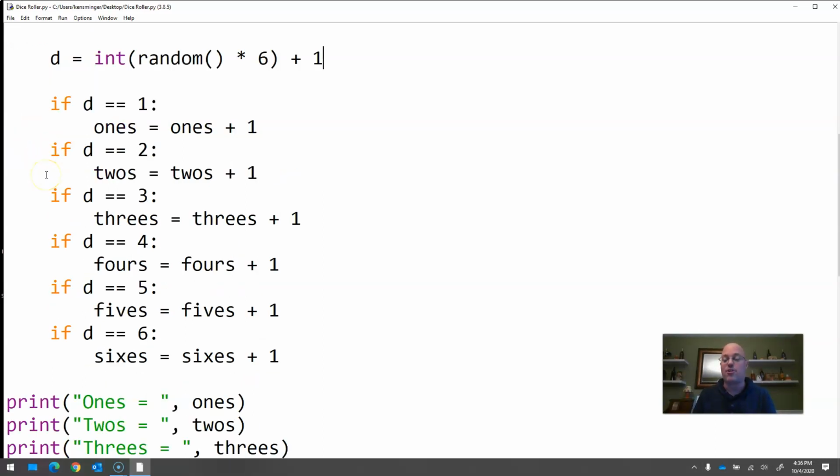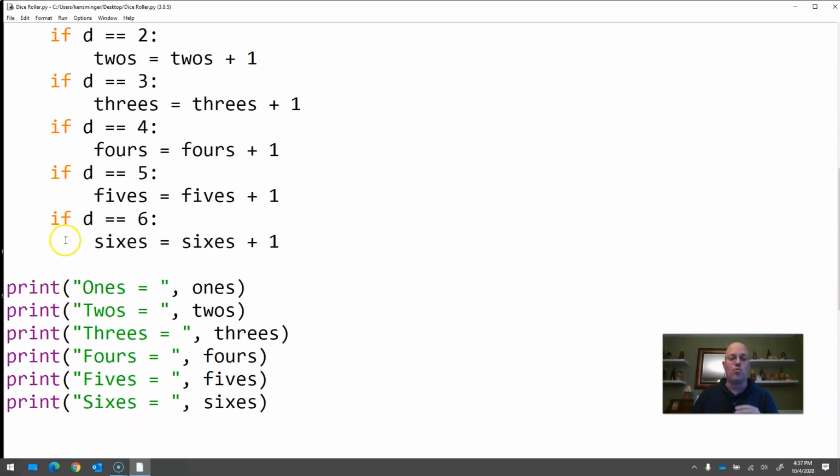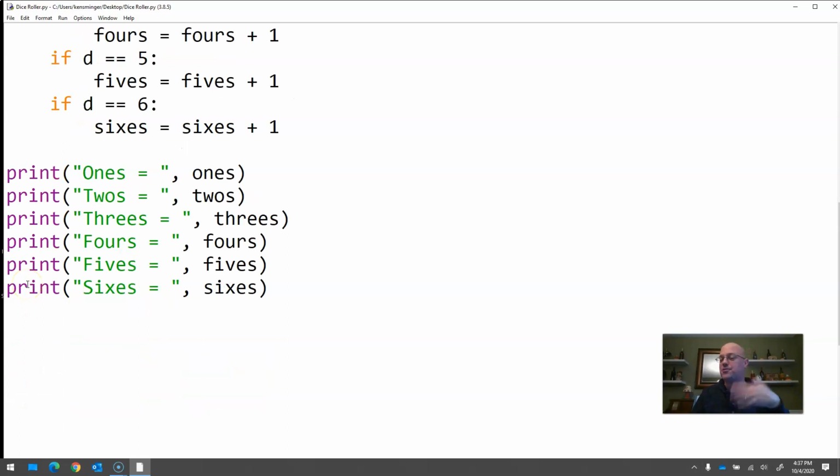And then you have 6 what are called if statements. You say, depending on what roll you got, 1, 2, 3, 4, 5, 6, then count one at a time, like a little tally chart. Once you've back-tabbed back to the far left, you're done with the 100,000 steps. And see how quick that went? If you were to do that by hand, it would take you forever. But here, pretty fast. You printed out the outcomes, you have the text in quotes, you have the comma and then the variable